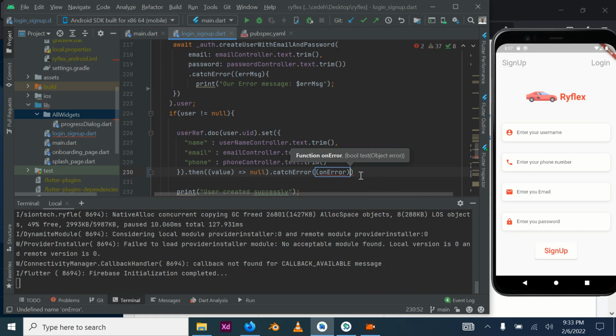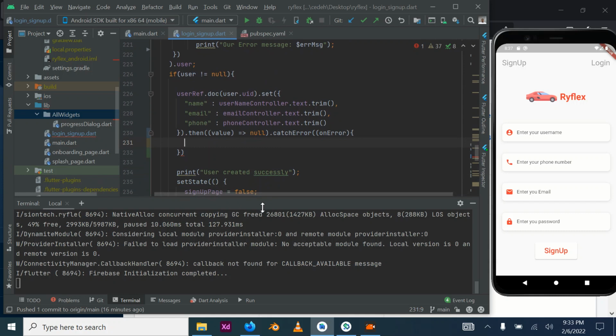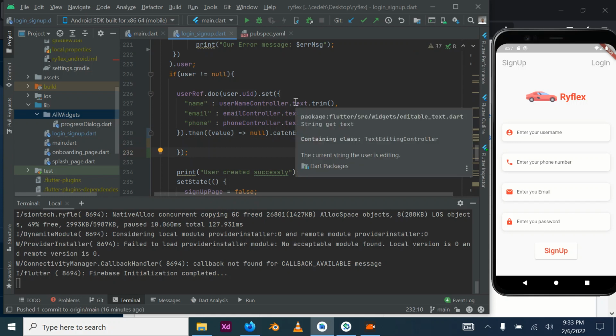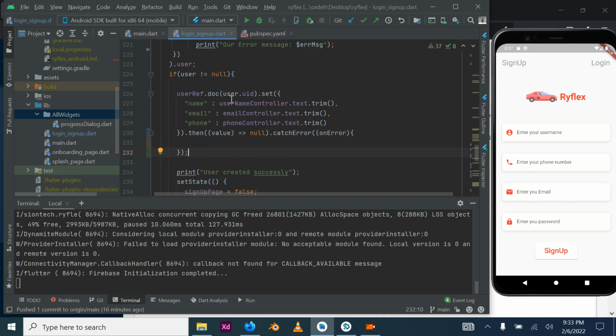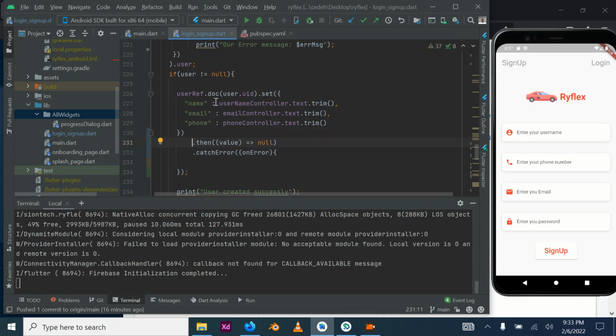With this done, the next thing is to do what? To close it up here. So what will happen is that this piece of code here, once it verifies that the account has been created, the first thing it will do is try to add these values gotten from here into our Firestore database, and we also want to display the loading image